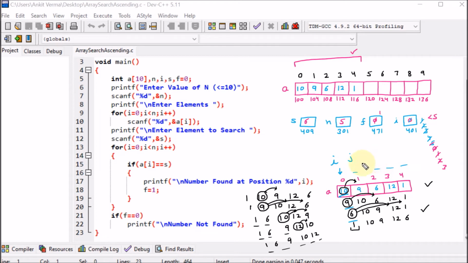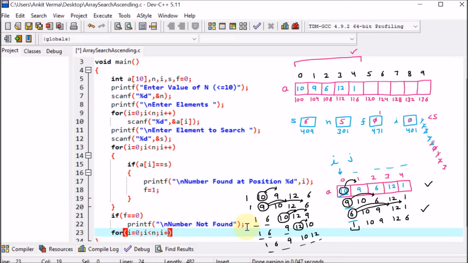So here we are going to define this in the program. We are going back to the code. First of all we are saying for, then afterward we are taking the i. So for i equal to 0 and i less than n, then afterward i plus plus.